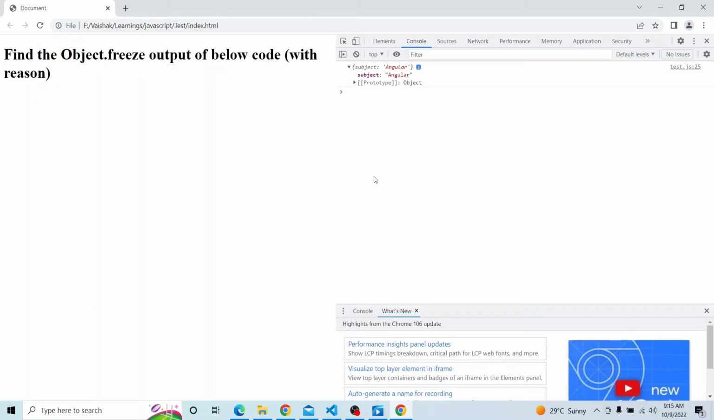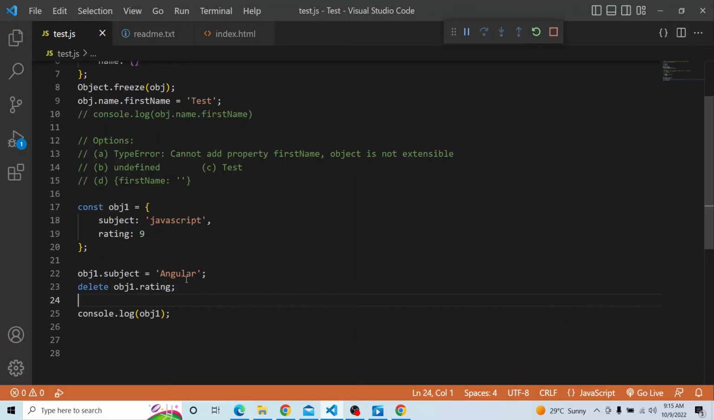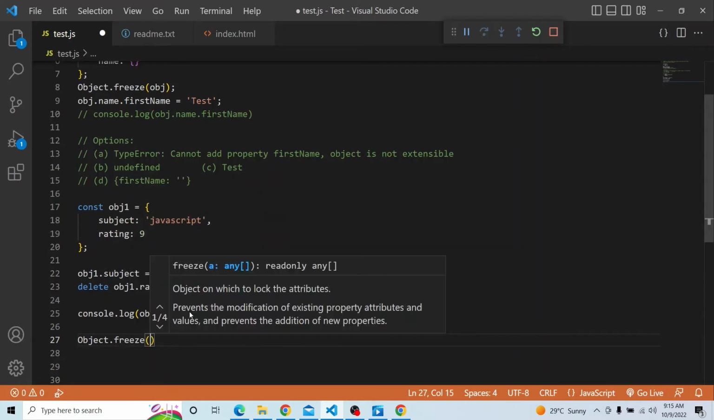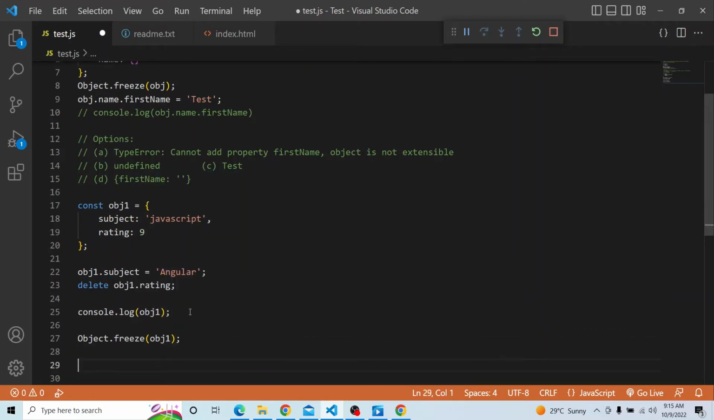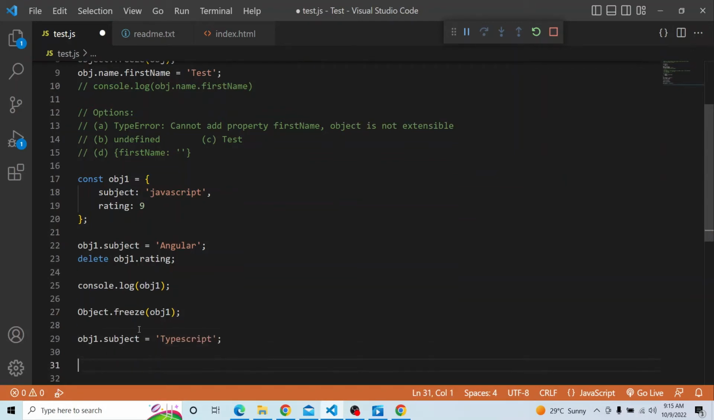Now object 1 has only the subject Angular. On top of this, I am trying to do Object.freeze of obj1. So now I am freezing it, but I'm thinking later that I need to update obj1.subject to TypeScript. I need to update from Angular to TypeScript, but before that I have frozen the object. Now if I try to console the object1, you would be surprised to see that it will throw